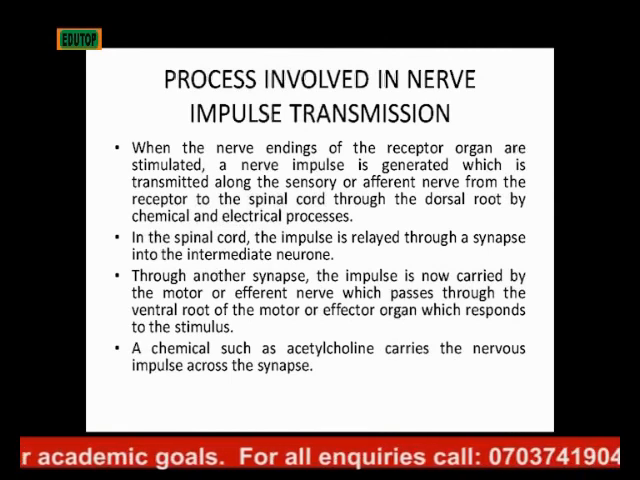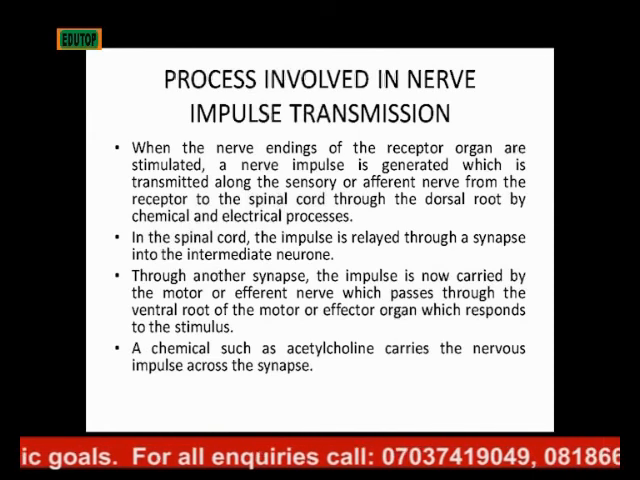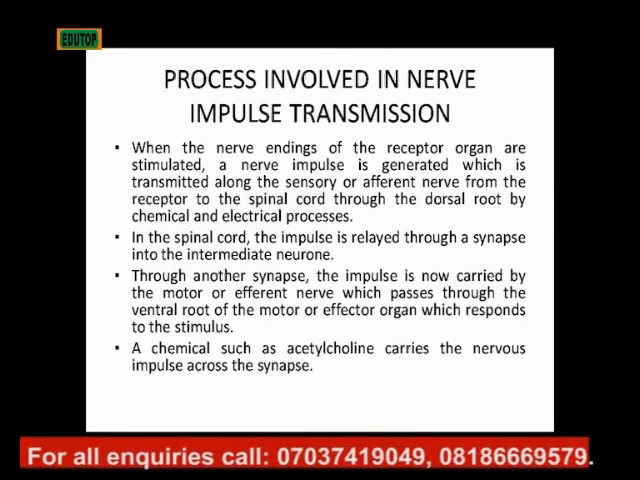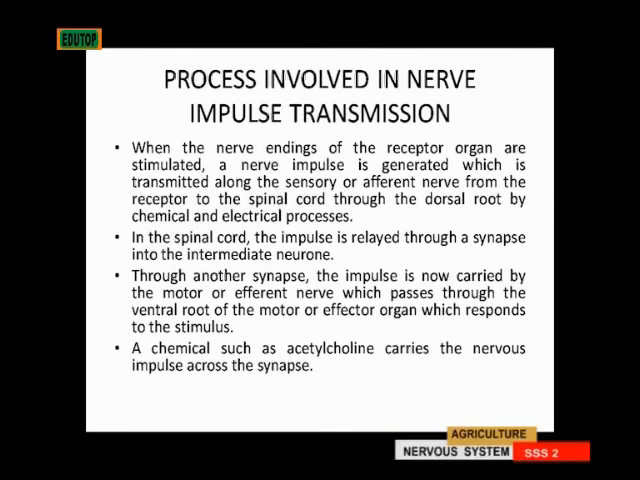A chemical such as acetylcholine carries the nervous impulse across the synapse. When the nerve endings of the receptor organs are stimulated, a nerve impulse is generated and transmitted along the axon by chemical processes to the next nerve fiber. In between two nerve fibers is a space called the synapse, through which nerve impulses are transmitted by chemicals called